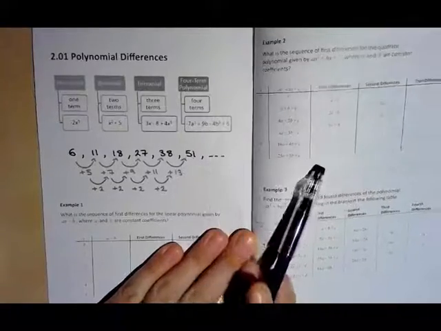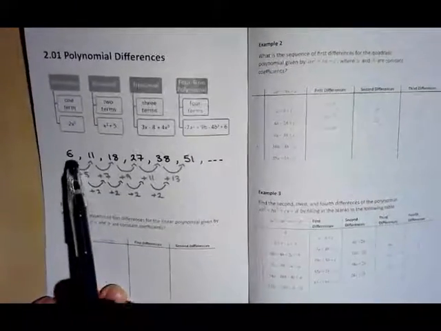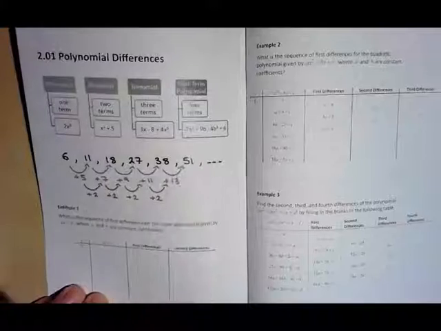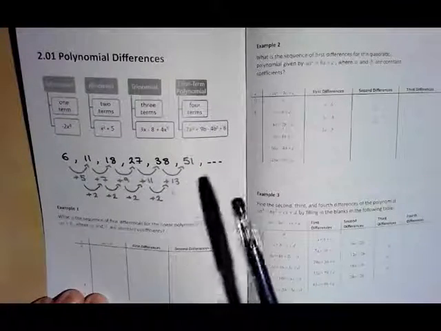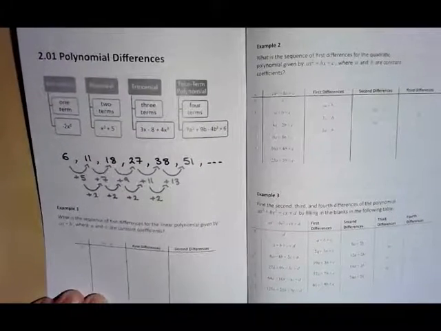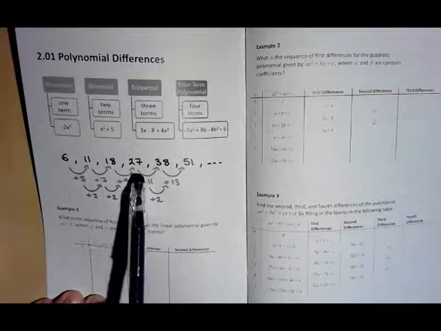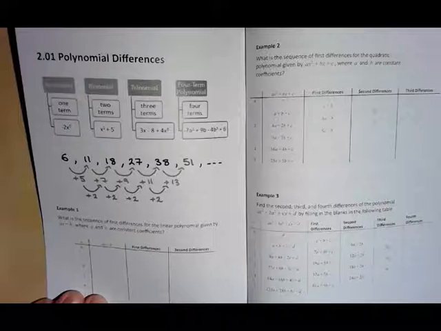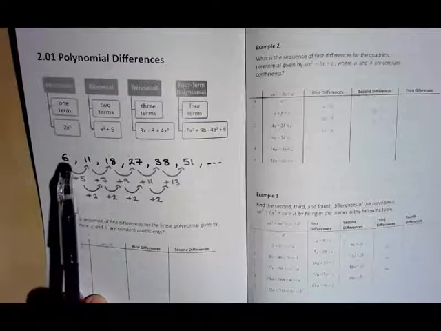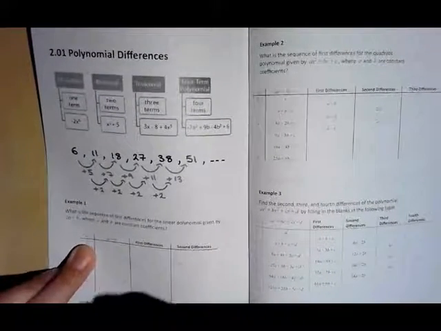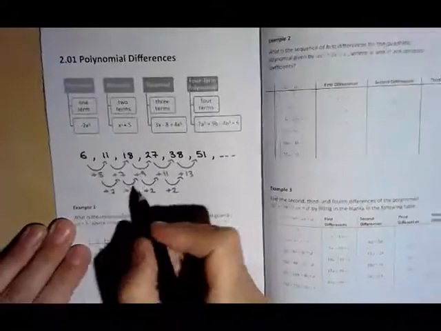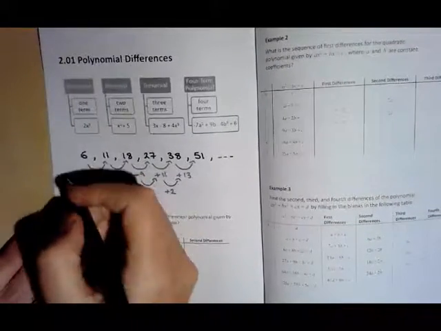And each of these polynomials, if I were to put 1, then 2, then 3, then 4, and then 5, I would get a sequence of numbers like this one. 6, 11, 18, 27, 38, 41. And each of these sequences can be described by their differences. Like, for example, the first difference